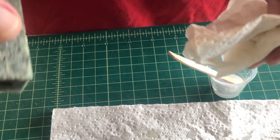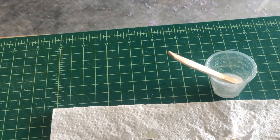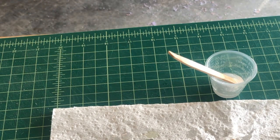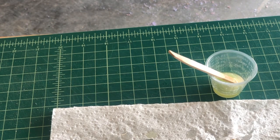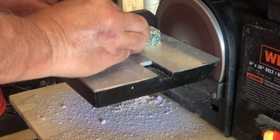And if you look, this one was clear. I leave the popsicle stick in the plastic cup, and this is a time lapse. You can see it getting yellow and hardening. And then you can know when it's hard enough or complete enough. You just take it and smack it, or try to get the stick out of there. You can see it's set. So onto the